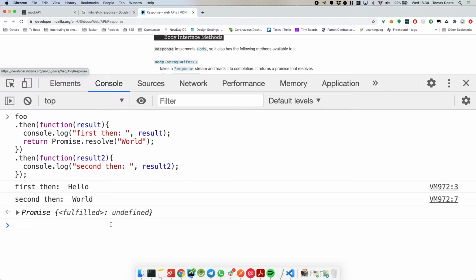See? Yeah, so this might be a little bit more understandable. The first promise, which is the foo, will resolve. It will go into this callback. Inside of that callback, we will resolve another promise, which then goes into this callback, and so on and so on. And you can chain it as much as you want. Now, if you return, that's considered as a Promise.resolve. If you throw an error, or if you reject, then it would go into the second callback.